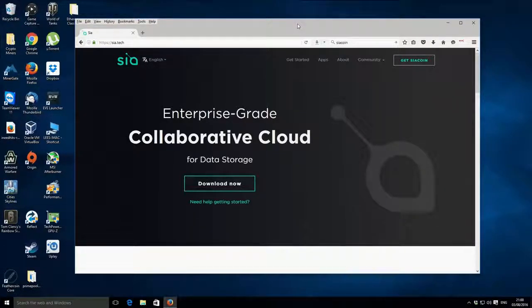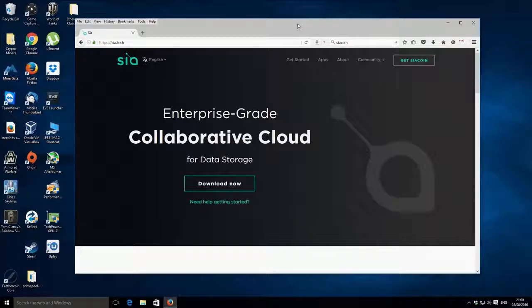In today's video, I'm going to be showing you how to set up, install, and the basic functions of the Siacoin wallet. Siacoin is interesting because not only is it a cryptocurrency that you can use to send and receive Siacoins and other regular transactions, the Siacoin network is really interesting because it's a decentralized data storage network, or at least part of it is. So that's quite an interesting feature. What I'd like to show you is how to set up the Siacoin wallet and some of the basic functions